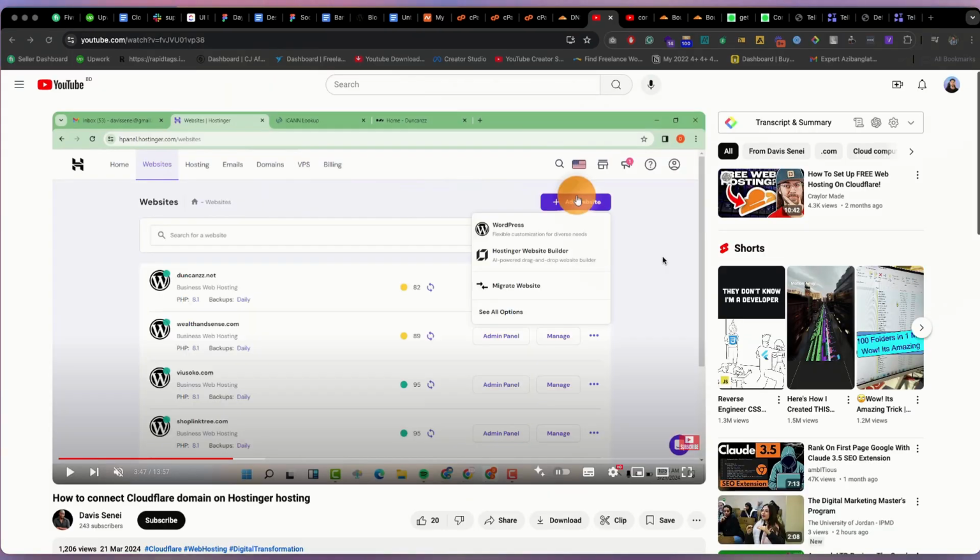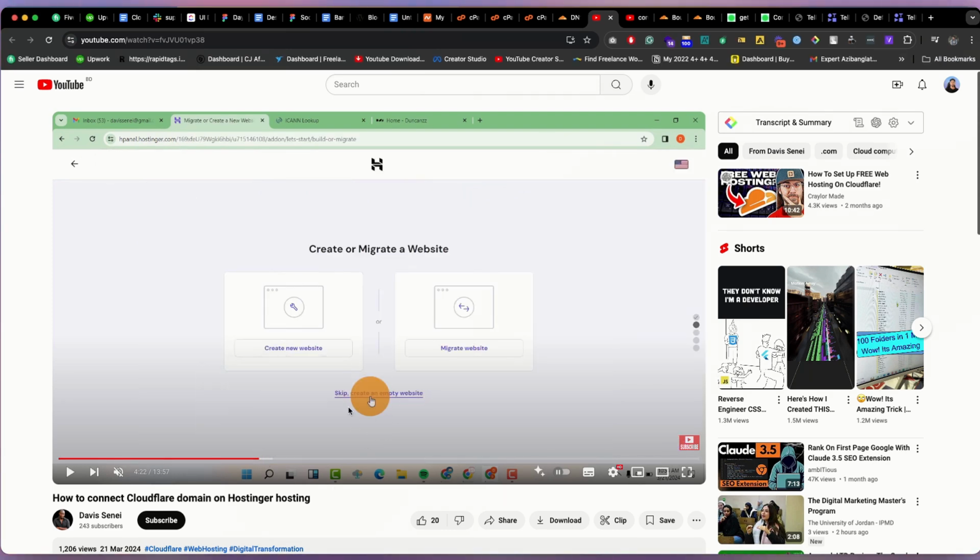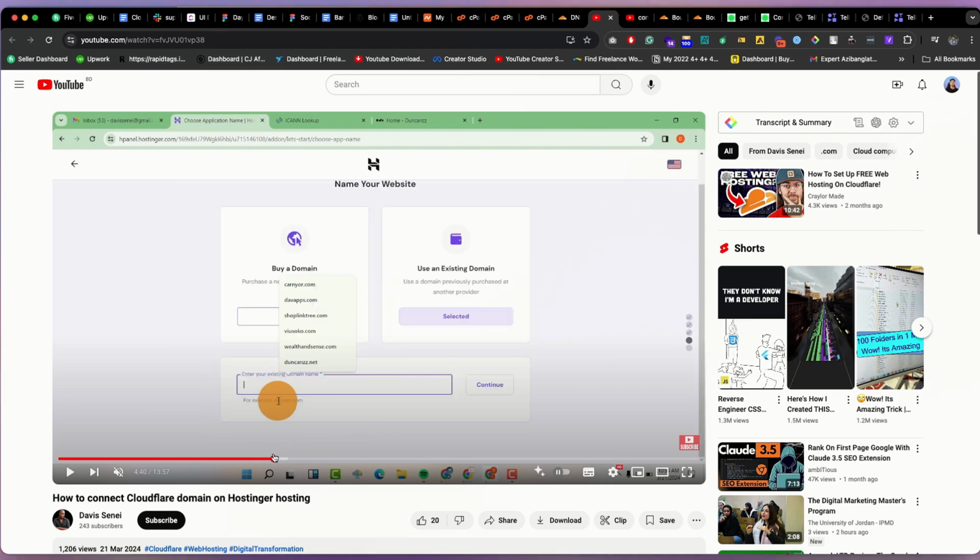And if you're using Hostinger web hosting, then you can follow this. I'm going to give you the link in my video description, or I'm telling you right now. As you can see, here is this add option. Just simply add your website. After adding your website, you need to select skip, an empty website. Then you need to add here your domain name, the one you'd like to add or which is registered